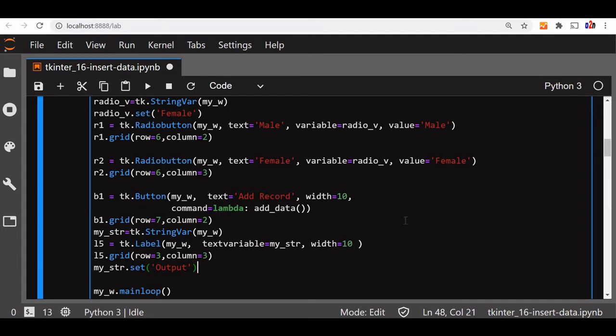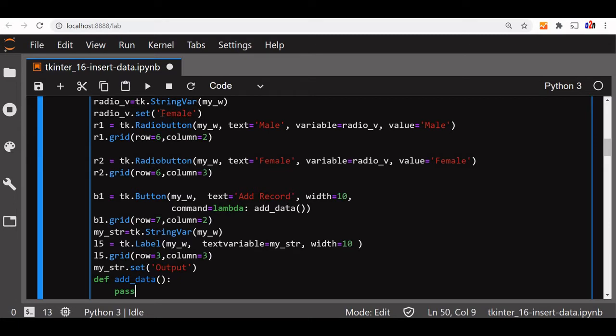Let's just check one thing. Here one function is there. In the command we have written one add function. Whenever the button is clicked, add_record, this function will be executed, inside which we will be storing our code. So let's code that function now. We'll define that function, def add_data. Now inside that, let's not write anything immediately, we'll pass it. Subsequently we'll add the code.